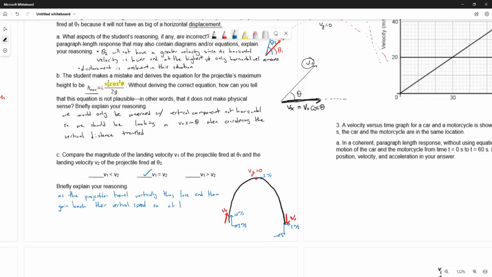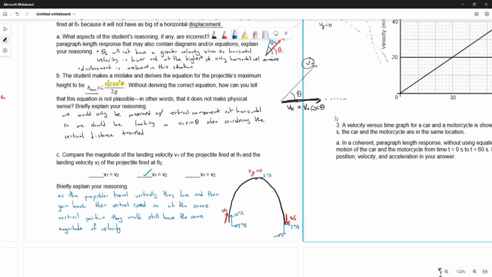So at the same vertical position, they would still have the same magnitude of velocity, right? So once they hit zero, when they land up and down, they would have the same magnitude of velocity